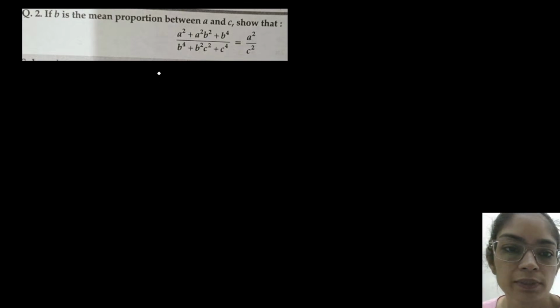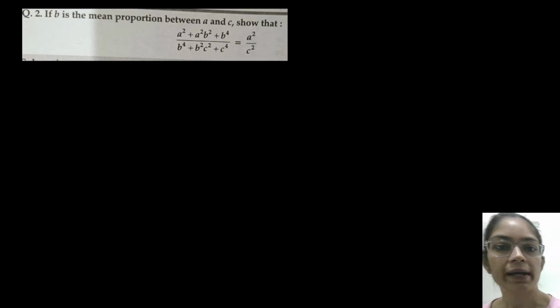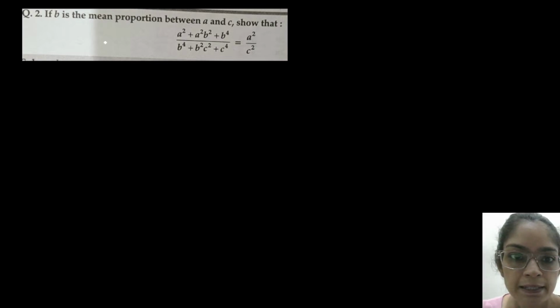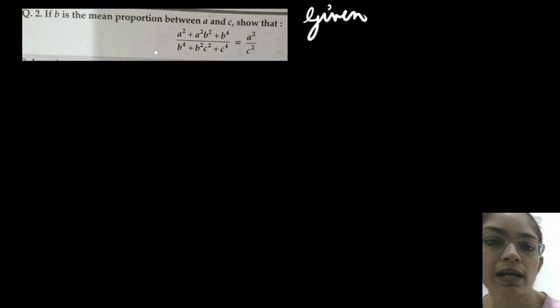So the first question you can see, it's the mean proportion. B is the mean proportion between A and C. Show that. So here you will be getting these types of questions where you have to show something or you have to find something. So both types of question you can expect in your exam also, because from many years I've seen both types of questions are coming. This proof also and find the value also. So given, we will write what is given to us,